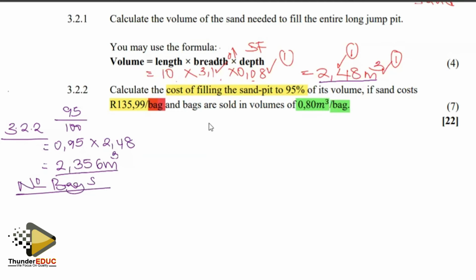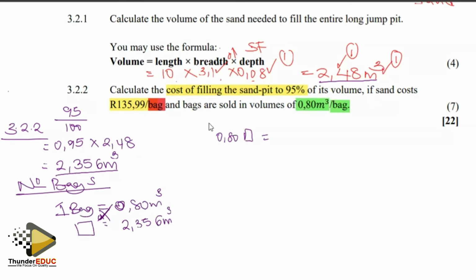So how are we going to determine the number of bags? You're going to say only one bag covers a volume of 0.8 meters what? Cubed. Or you don't have 0.8, you have 2.3. So you ask yourself, how many bags are you going to use? So we shall put the volume on one side, asking ourselves, how many bags are we going to look for? So we cross multiply, which became 0.8, because the 0.8 is multiplied with the box, giving me the one bag